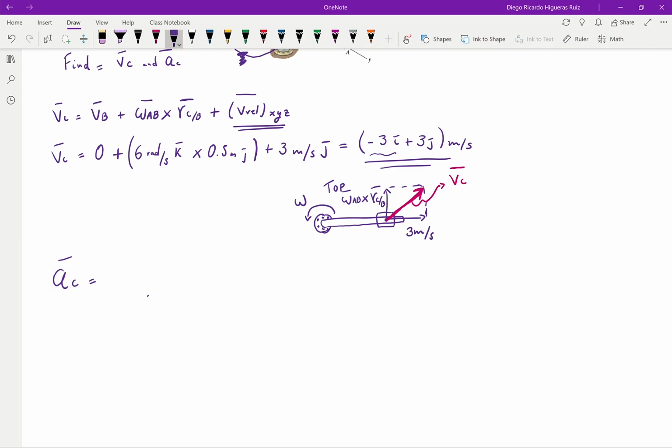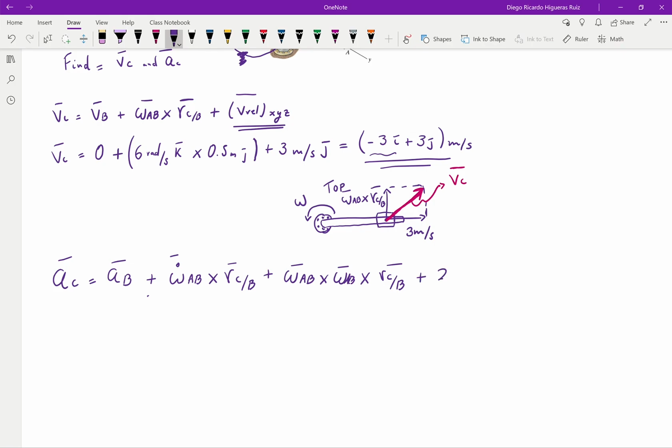So we're going to write that down. It's going to be A_B plus omega dot AB cross product R_CB, plus the normal component, which is omega AB cross product omega AB cross product R_CB. And all of these are vectors,